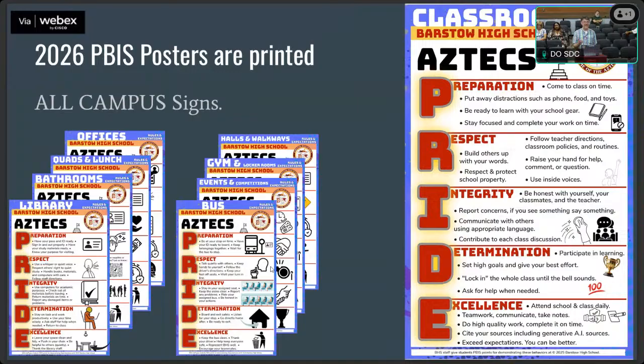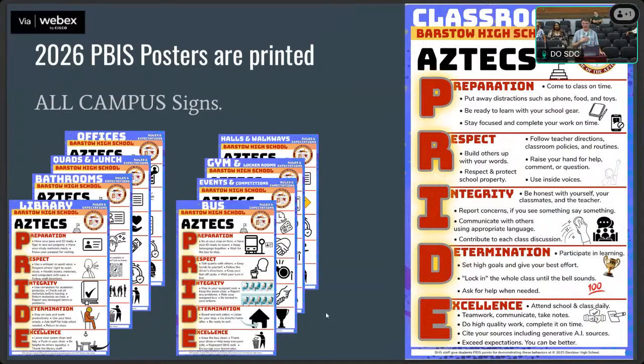The problem is that a lot of teachers don't know what to do with it. I have a teacher next door, Mr. Kitzman, and even in my classroom, I have it way high on the wall. When I want to refer to it, I say, do you see that expectation way up there? It says come to class on time. And they're squinting, trying to see it. So I think the placement of it needs to be a little bit lower, and it needs to be referred to regularly and often. That is something we can work on.